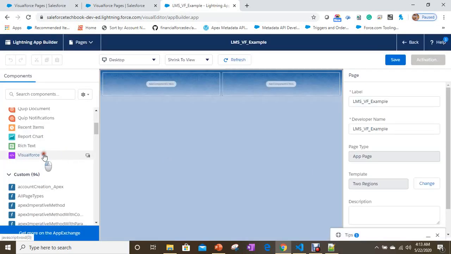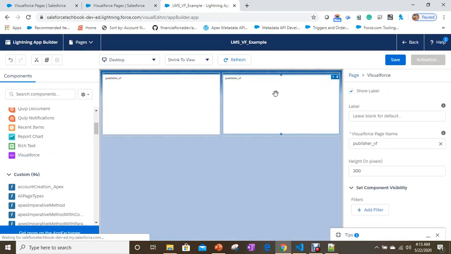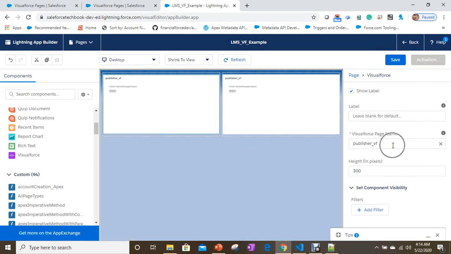You have to drag and drop this Visualforce component here and here. Then once you click on it, you have the possibility to select which Visualforce page you want to add for this region. And here also you have the publisher page, but you need the subscriber page. See, like this.